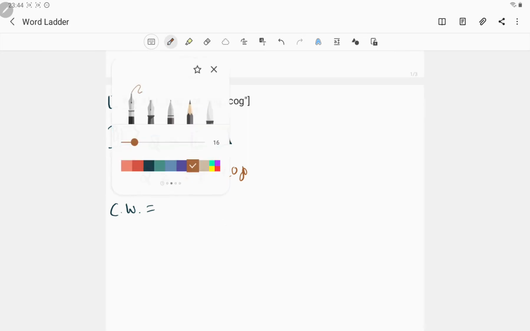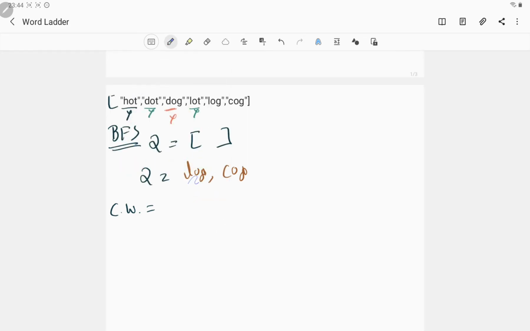Now we are going to remove log from our queue. My current word becomes log and the queue will only contain cog, right? So again I can see from log I am not able to generate anything, because these words are already removed, so we don't need to do anything else. So now after that again I will remove cog. Okay, so my word will be cog, and I can see that my queue is now also empty. So whenever we remove any word from our queue, we check, is it equal to my final word? Yes, I can see in this case it's our final word, right? So we can return the level in this scenario, right?